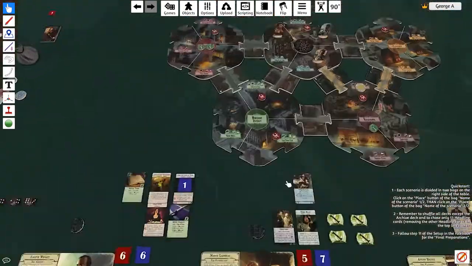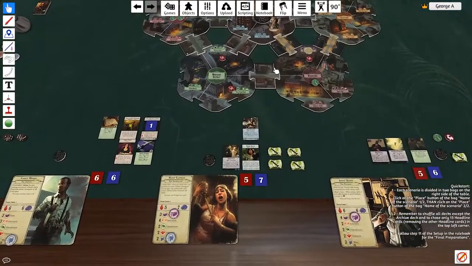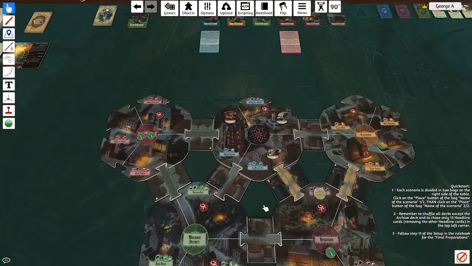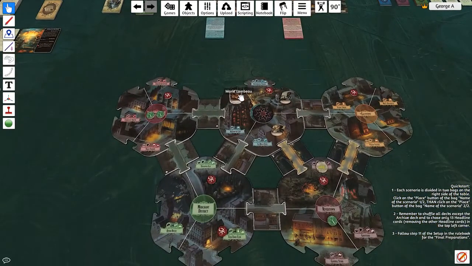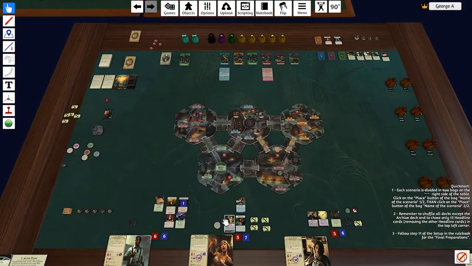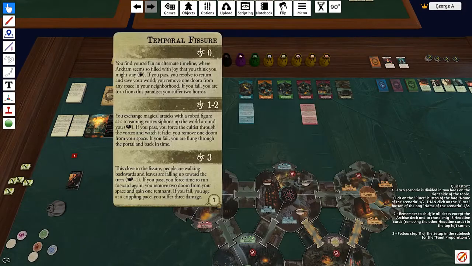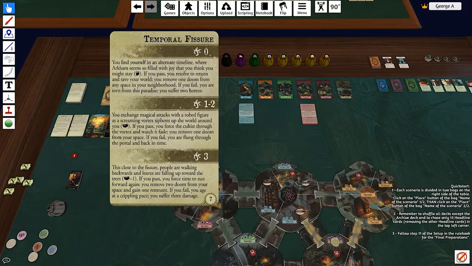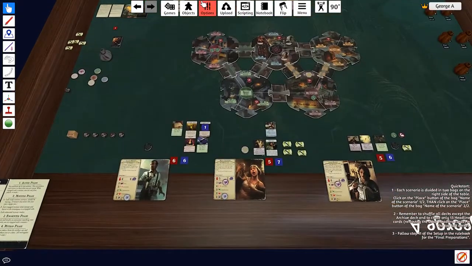Calvin is going to be will or money, which has none, to get items, and Marie is going to be healing, but she can't heal anything. So I think we're gonna go with Marie first to draw an anomaly encounter. Now there's no doom on her space, so Temper Fisher: find myself in alternate reality timeline where Arkham seems filled with joy that I think I might stay, and I do a will check, and her will is 3,